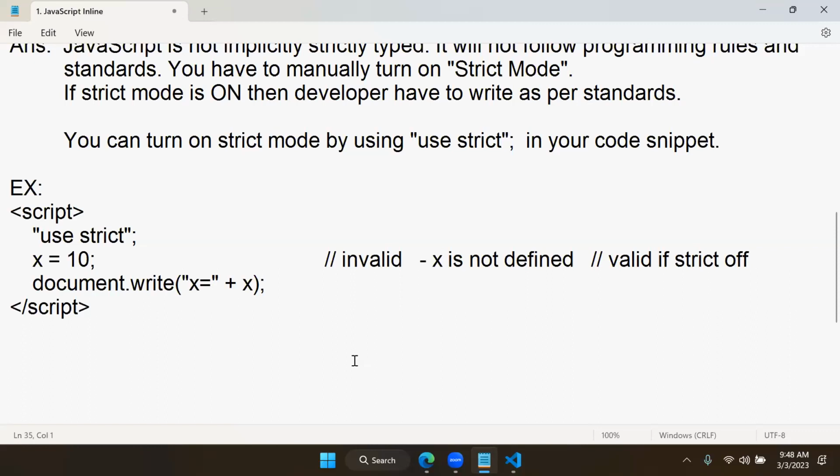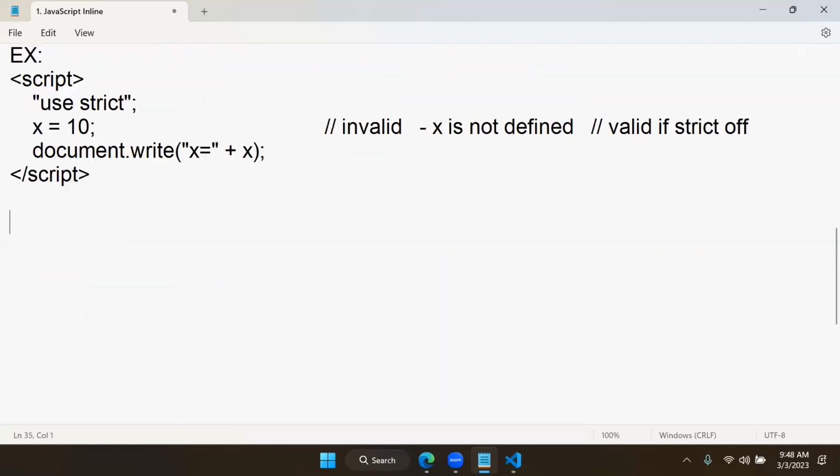So two techniques you learned, JavaScript inline and JavaScript embedded. What did you learn extra in embedded? You learned what the MIME type is and how to define it. Second, what strict mode is and how to turn it on. Another question in interviews, and you should know as a developer in the real world, is how to target